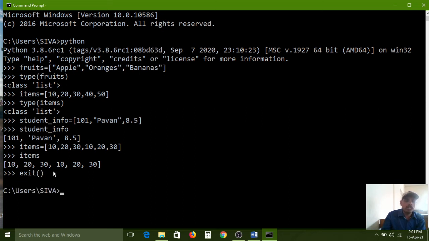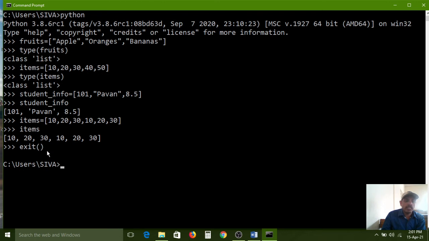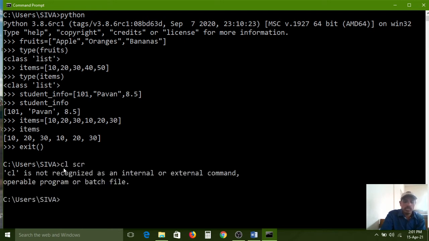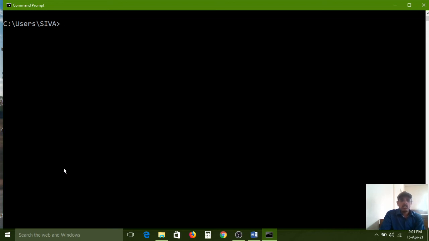All of you carefully observe. If I use the exit function, directly it is showing the starting path. Now I am clearing the screen. CLS. If you want to clear the DOS screen, the CLS command is very useful. CLS means clear the screen.